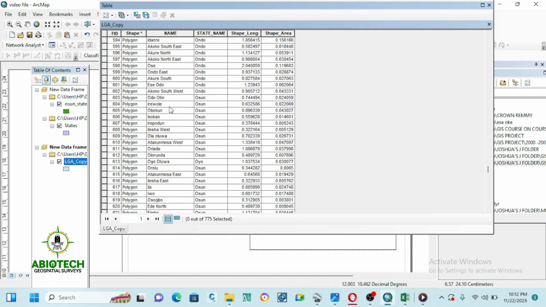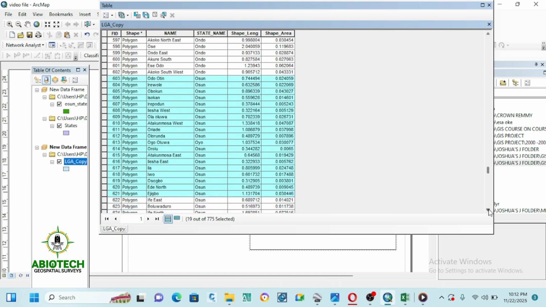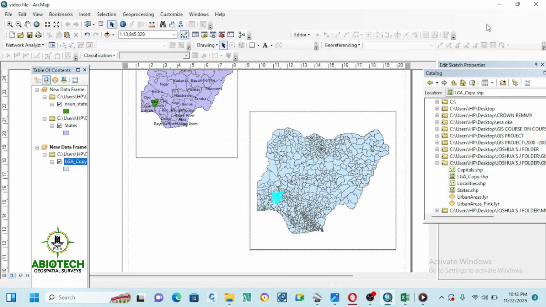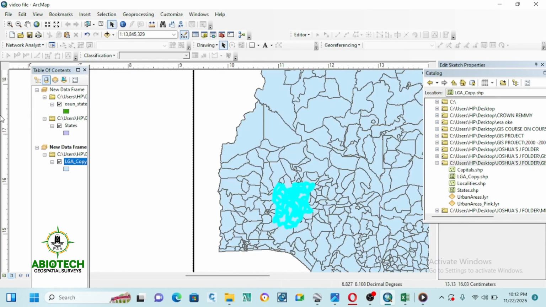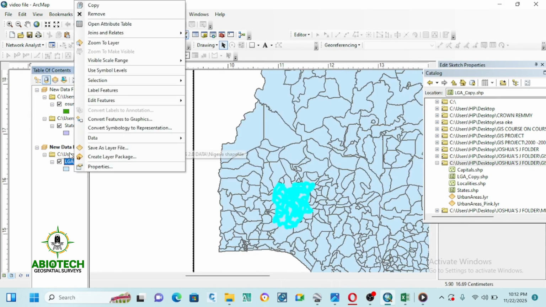Now you begin to select. You can highlight it here. Make sure you click on the control button so that you can highlight as many as possible without leaving any of the local government behind. You highlight this as well. And that's all for the selection. Then you close this. Automatically you see that it has selected it here as well. So you just do the same thing. You export